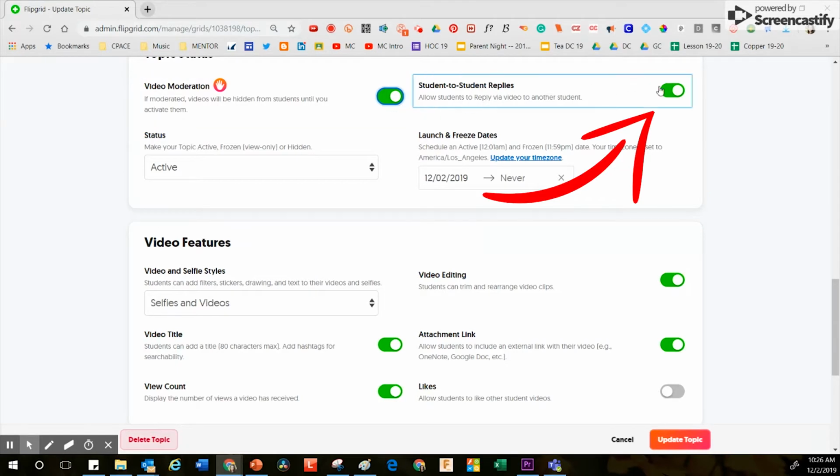I personally turn student-to-student replies off. It's up to you if you want to navigate this, if you want students to be able to reply via video to one another. If you feel like that's a great learning opportunity, feel free to moderate that and then